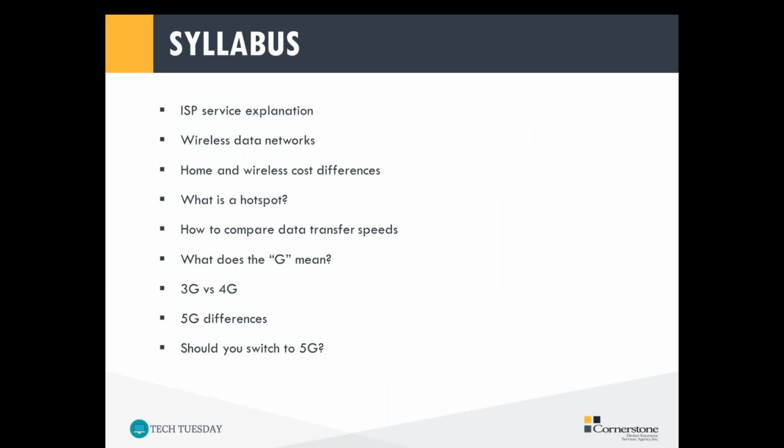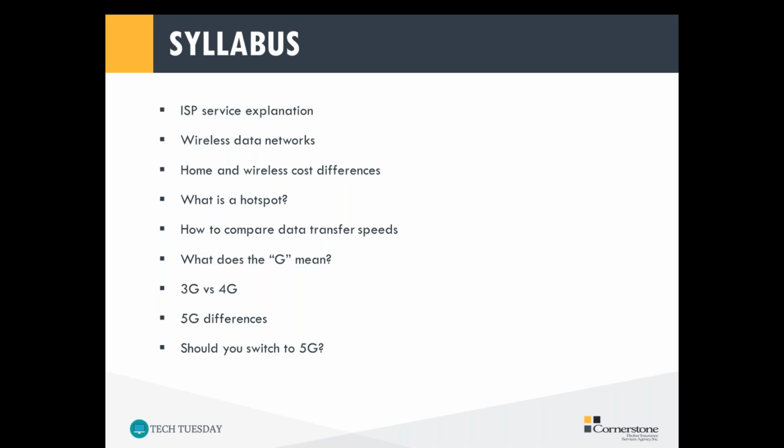So that being said, we're going to cover a little bit of networking today, and don't let that word scare you. The networking that I'm referring to is Wi-Fi specifically and the internet. We're going to cover the differences between home networks and wireless data. So that includes your phone. If you have a hotspot, it'll cover what the difference between that and normal Wi-Fi is, the cost differences associated with these things, how to compare data transfer speeds, as well as what G means for 5G, 4G, 3G,